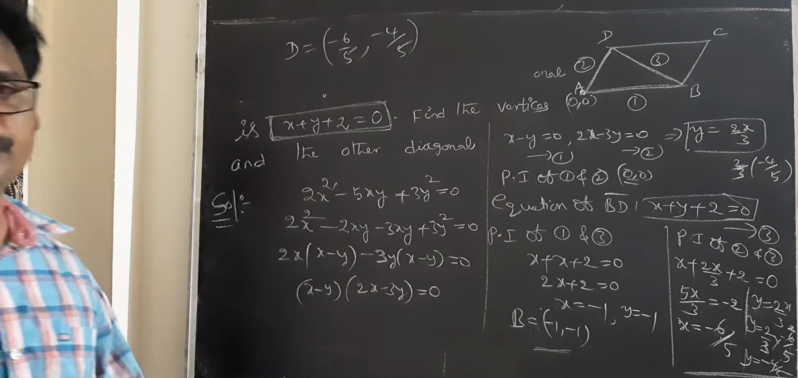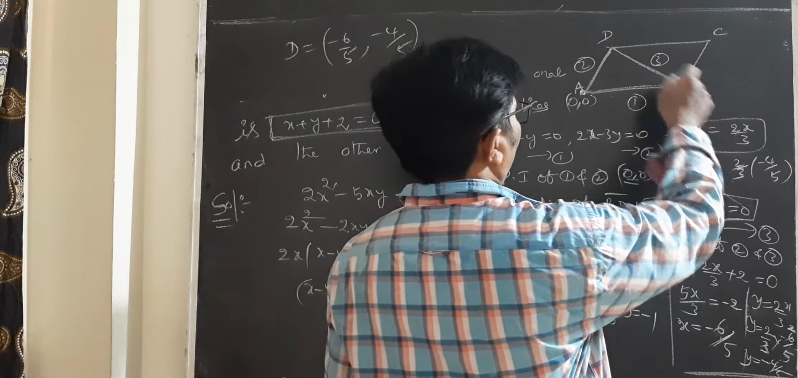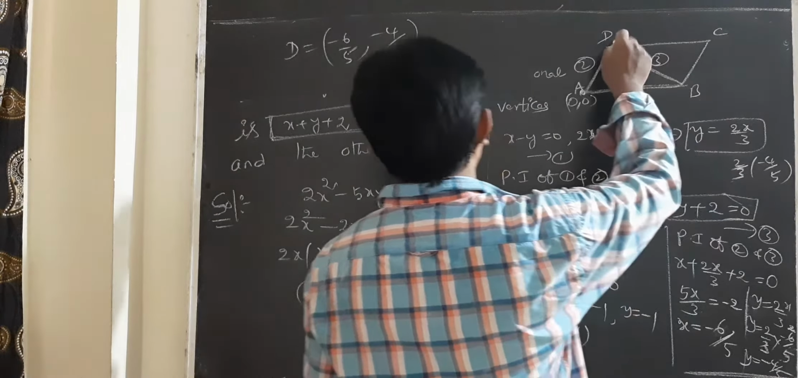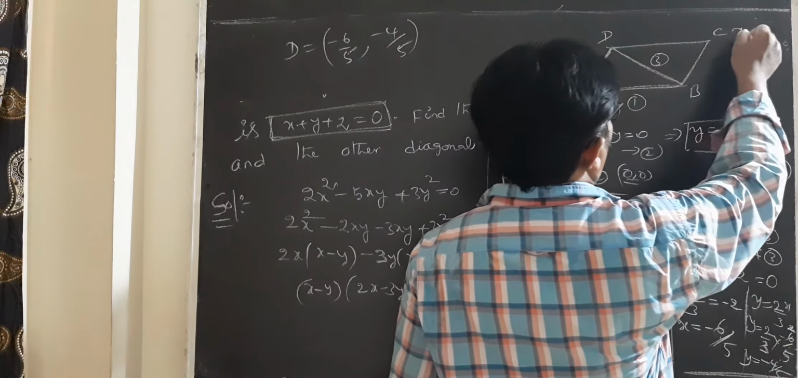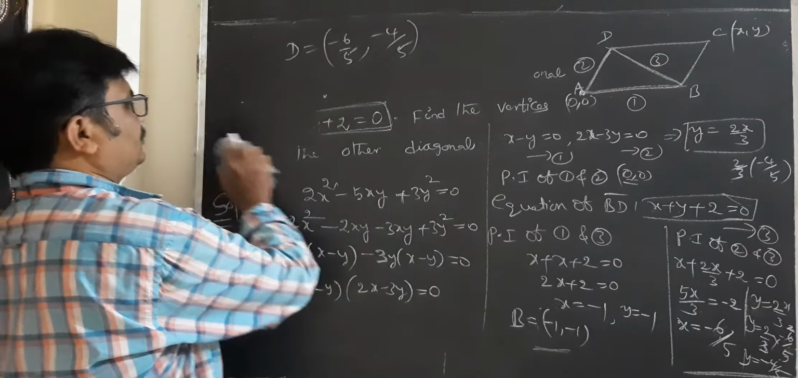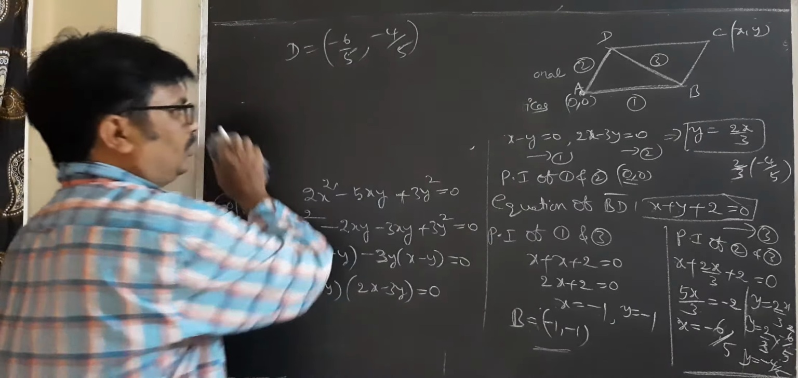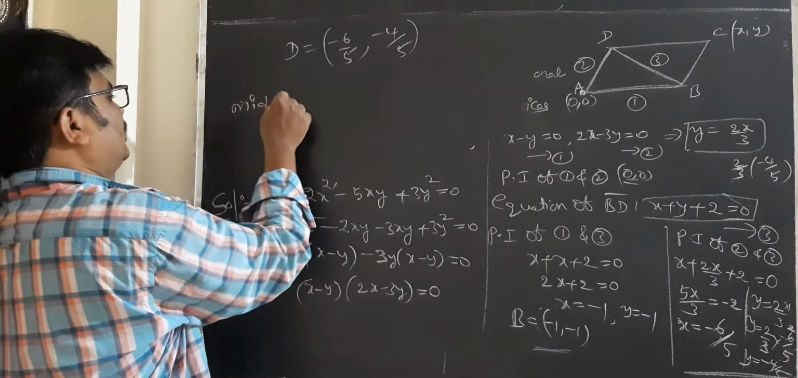Now we find three vertices, that is 0 0, this is minus 1 1 and this is minus 6 by 5, minus 4 by 5. After that students, the midpoint of AC, C point we are taking x comma y. Now students, the midpoint of AC equals the midpoint of BD. How to write it, students? The midpoint of AC,